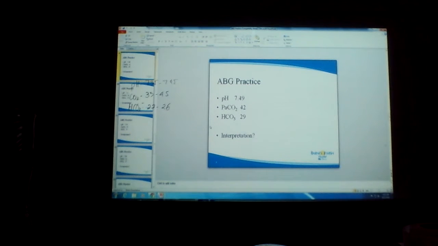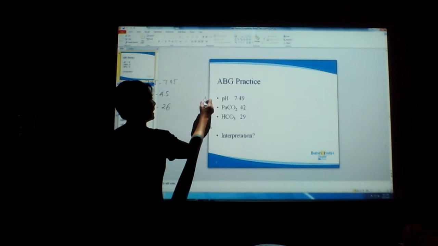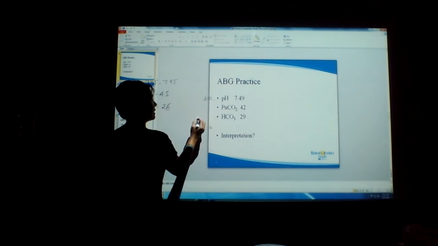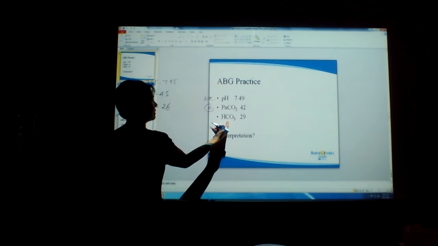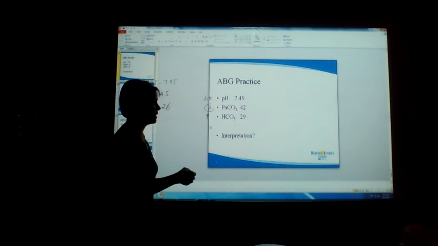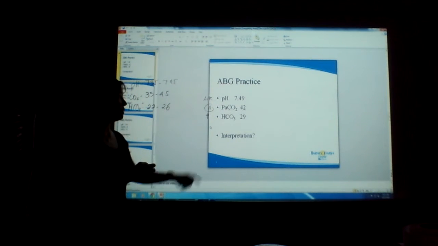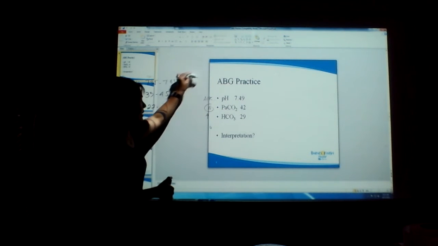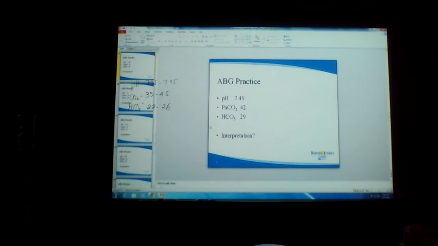What about this one? Alkalosis. Yes, alkalosis. It is normal. So, metabolic alkalosis. Uncompensated. Because this is still not moving. It's still normal. You see? Okay? I'm gonna let you practice the others, but let's now go to the others. There's lots of others here. Not that much, but let's look at this other one.